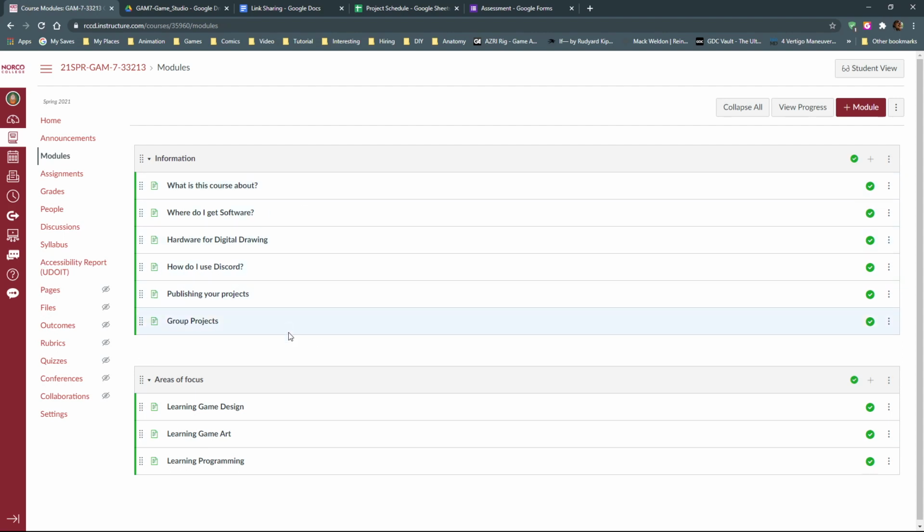I have a bunch of resources here that I just feverishly filled out before the quarter started to try to help you in every possible way I can anticipate. The thing is, there's no way I'm going to be able to anticipate everything, so you've got to ask questions of me or you'll go unhelped. I have lots of recommendations for software with a particular focus on art because that is my area of expertise. I have suggestions for hardware for digital drawing if that is your thing or something that you want to do. Suggestions on how to use Discord.